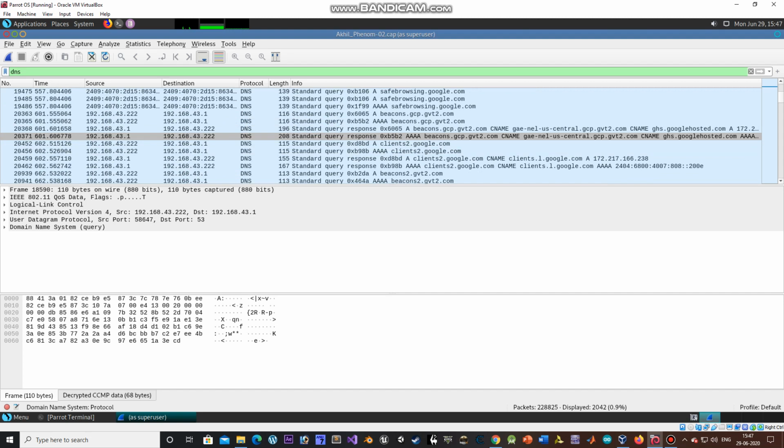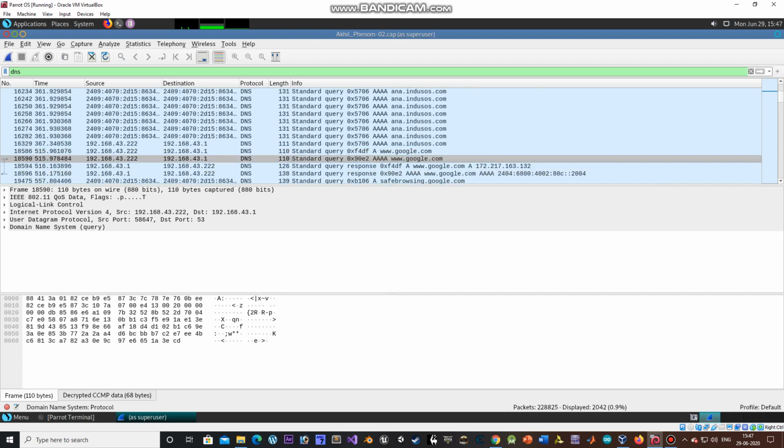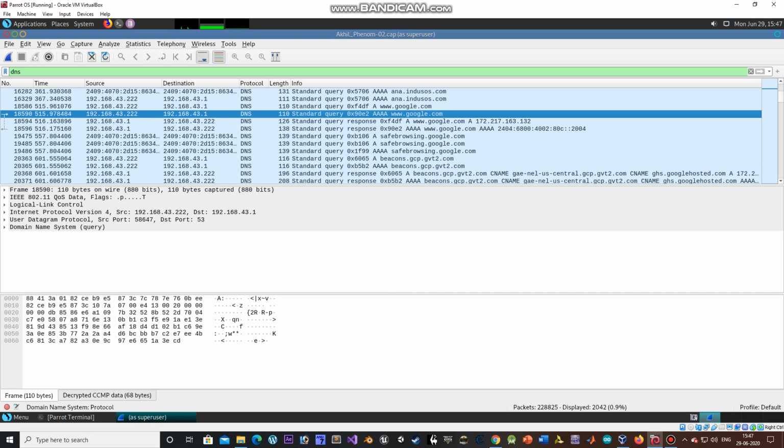If there is no tab switching monitor, we could first initialize Wireshark, and then we could see if the person opened any other tab and searched for the answers, like he typed in something in Google. We could know from this. So this would be a very interesting filter, and there are many other filters which you could try on your own, and the link would be in the description.